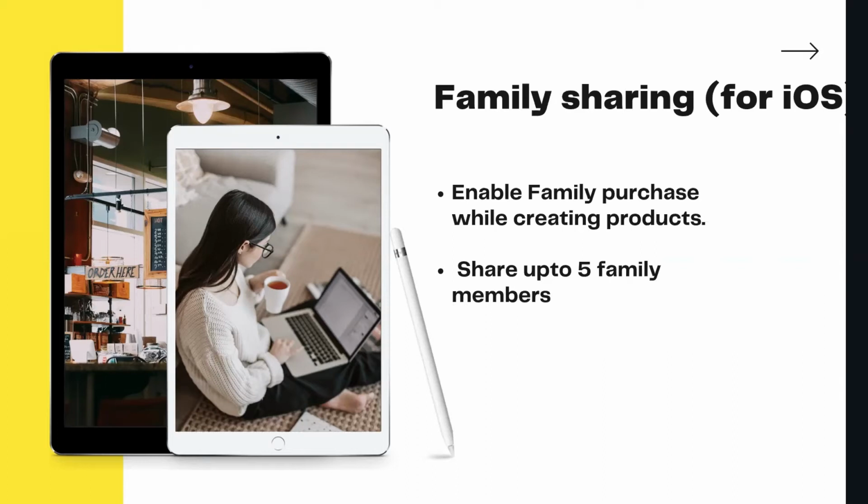With the Apple family sharing program, we can share items, books, and App Store purchases. There is also a music family sharing plan. We can also share iCloud storage with our family and friends.